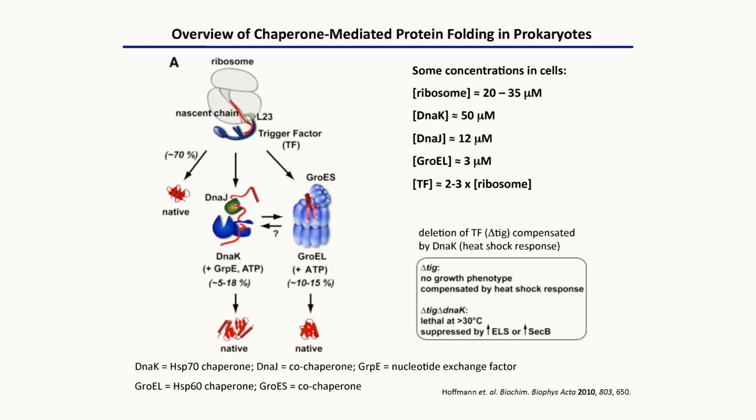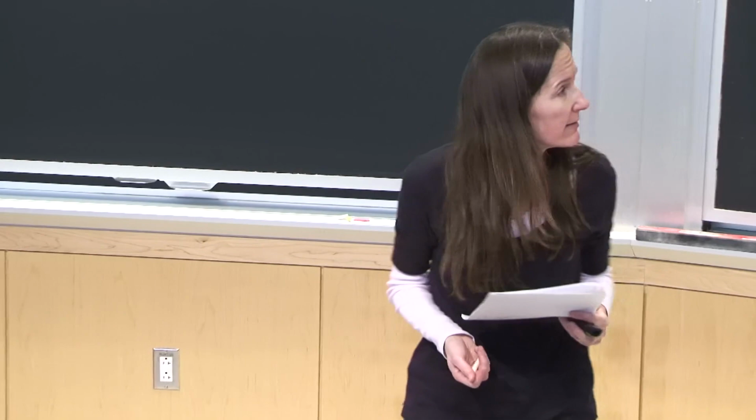So in terms of the systems we're going to examine in the cytoplasm, this is the overview slide. And where we're going to begin in this overview is with the ribosome. And we see that in red here we have a nascent polypeptide chain emerging. Okay, so what does this